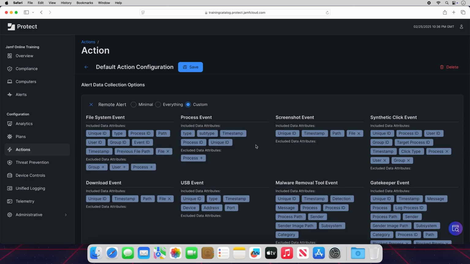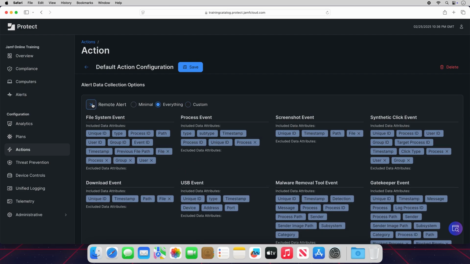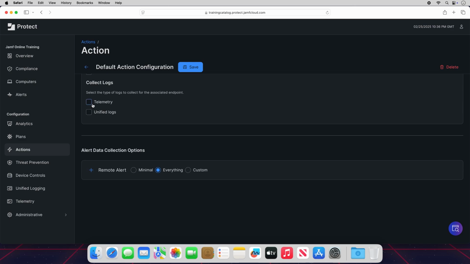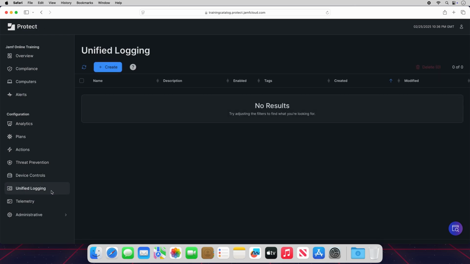Alert Data Collection configuration is enabled by default and is available whether or not data forwarding is enabled in the macOS Security Portal. If your organization does opt to enable data forwarding, several additional data management options become available. Click Unified Logging in the sidebar. Unified Logging is built into macOS to provide a central record of every event that occurs on a system. This data can then be filtered using programming expressions called predicates to show specific event data.